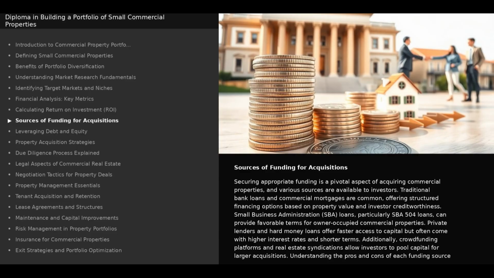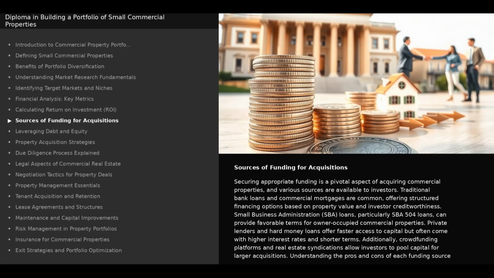Securing appropriate funding is a pivotal aspect of acquiring commercial properties, and various sources are available to investors. Traditional bank loans and commercial mortgages are common, offering structured financing options based on property value and investor creditworthiness. Small Business Administration, SBA loans, particularly SBA 504 loans, can provide favorable terms for owner-occupied commercial properties. Private lenders and hard money loans offer faster access to capital, but often come with higher interest rates and shorter